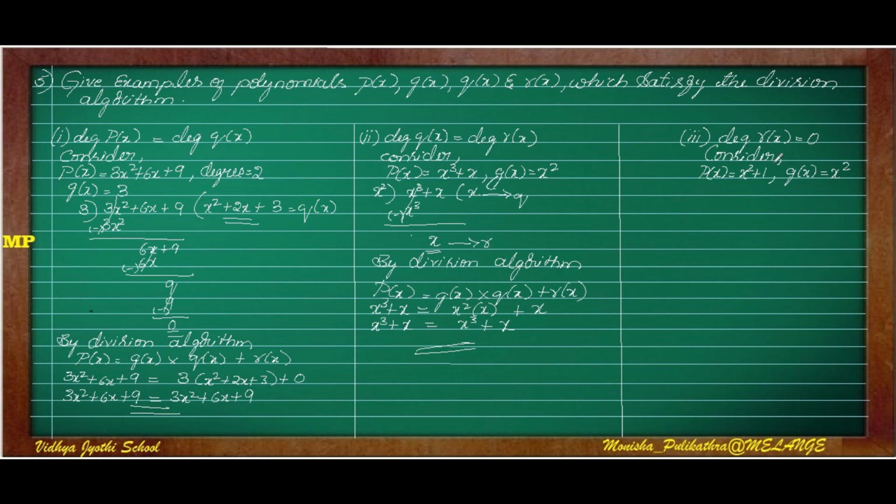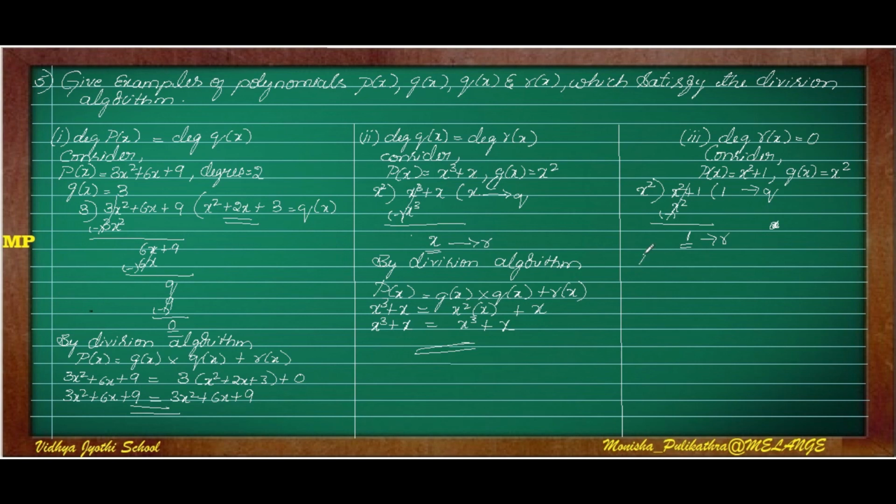So moving on to the last question. Here the degree of r of x should be 0. That is, not the remainder itself, but the degree of the remainder should be 0. So here p of x is taken and we just need to divide by x square, p of x being x square plus 1. So x square divided by x square is 1, x square minus x square cancels, so this 1 is the remainder and the other 1 is the quotient. 1 has no degree, only x or any other variable gets a degree. So this is a constant which doesn't have any degree, therefore the degree of r of x is 0.